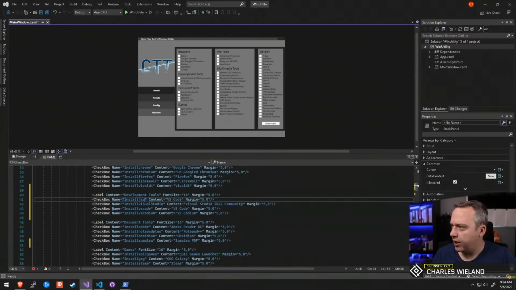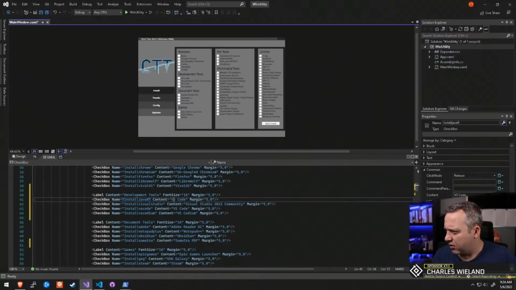We'll make Java 8. OpenJDK 8. I know that's a little redundant saying Java 8, but